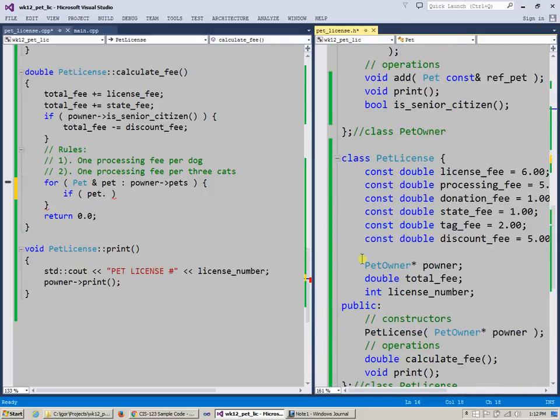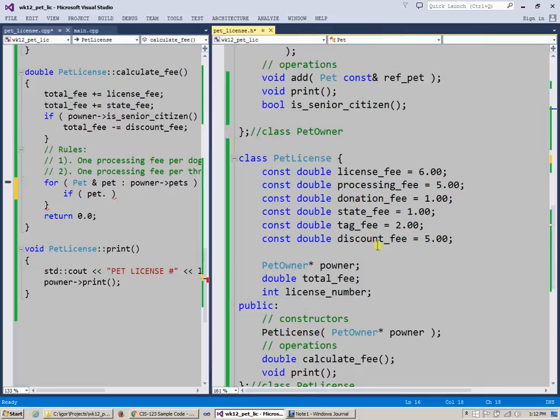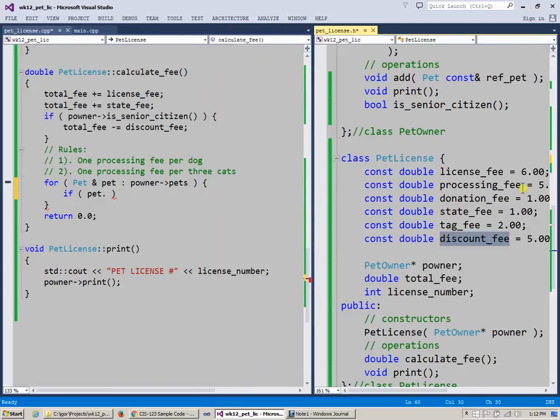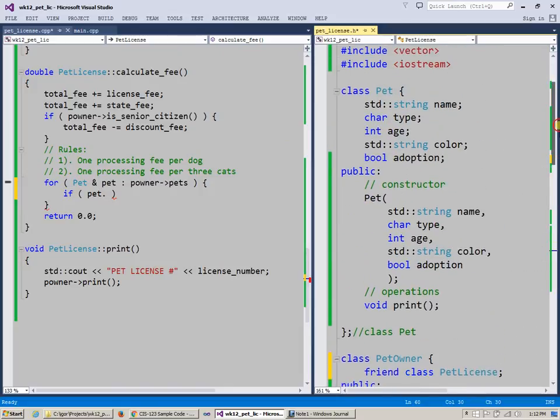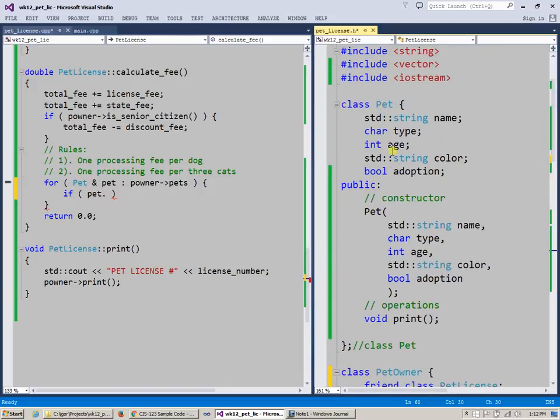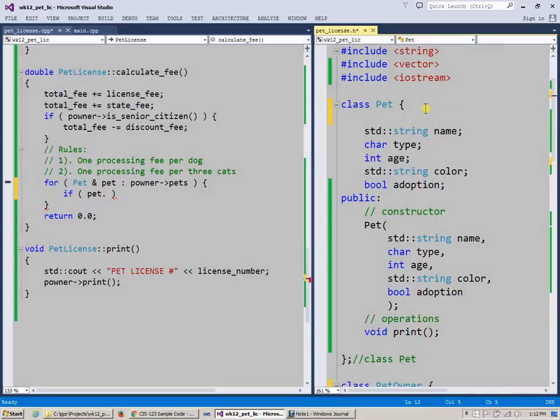So on the list of discount fee, let's just use this discount fee for both adoption and senior citizen. But that's another thing that we need to be able to analyze. So again, I have two choices here because both the type and adoption indicators are both private inside class pet. So if I want to get quick access to these fields, again, I can say friend